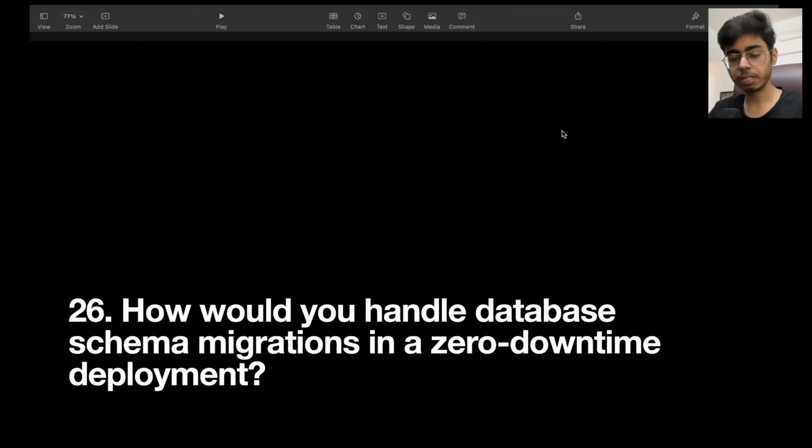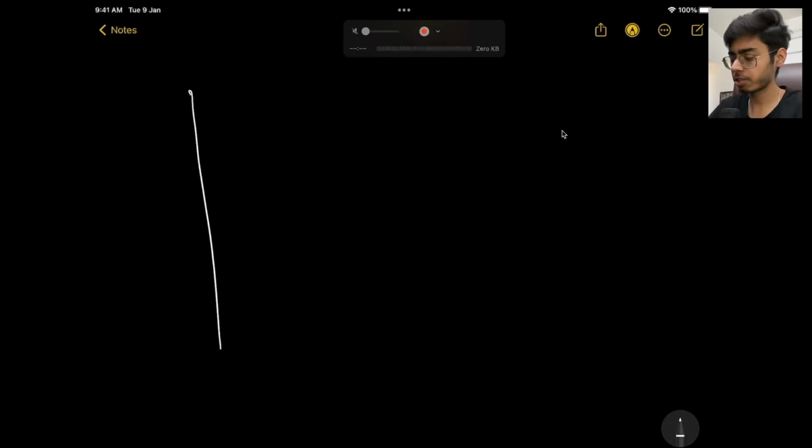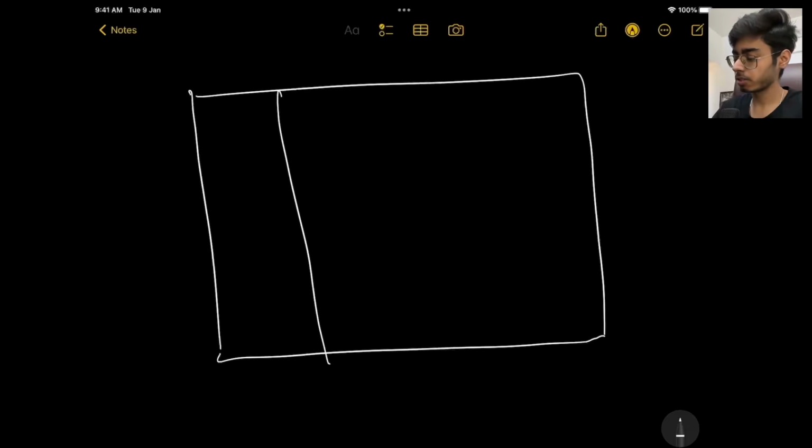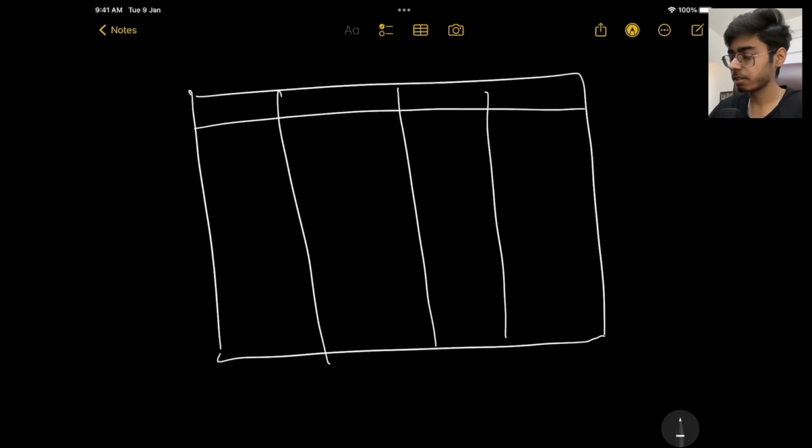Okay, so the meaning of the question is that you already have a database table. Migrations are usually there when you are working with SQL databases. So let's say this is your table in SQL, and this is an employees database, let's assume. Over here you have the employee first name, employee last name, age, and gender. Now this is going very well, and tomorrow your requirement has changed and you want to add